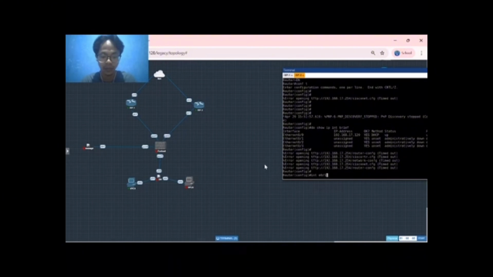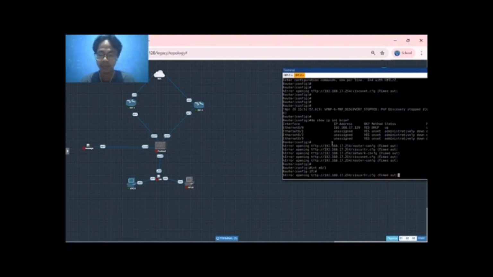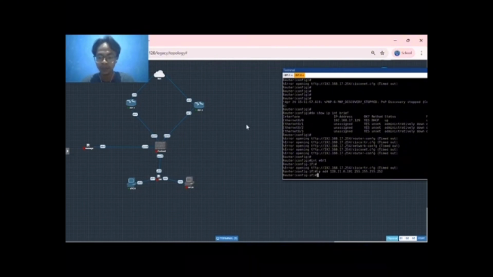Here for the IP we use IP address, to show the difference. I will use the IP address here, IP address 128.21.0.101 /30.